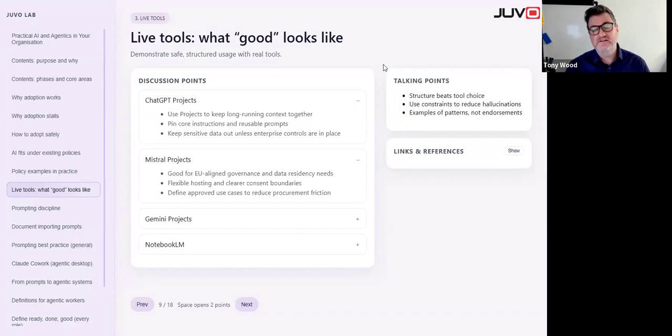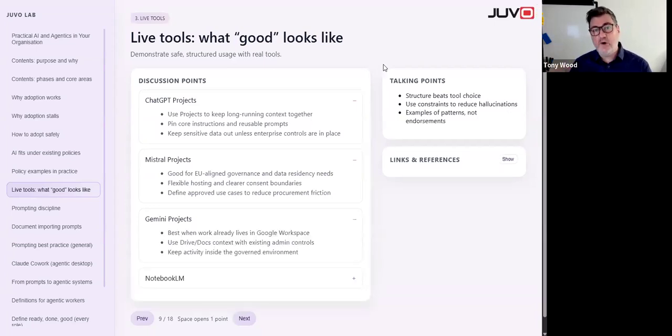Mistral is really good. So if you're in the EU, that's going to be an area where it's really going to enable you to solve some of those problems of jurisdiction. And there's some pretty cool tools, but they are different. You can't just swap out ChatGPT and put in Mistral. There are very slight differences. They deal with images and some areas differently, but sometimes they actually do a nice document import as well.